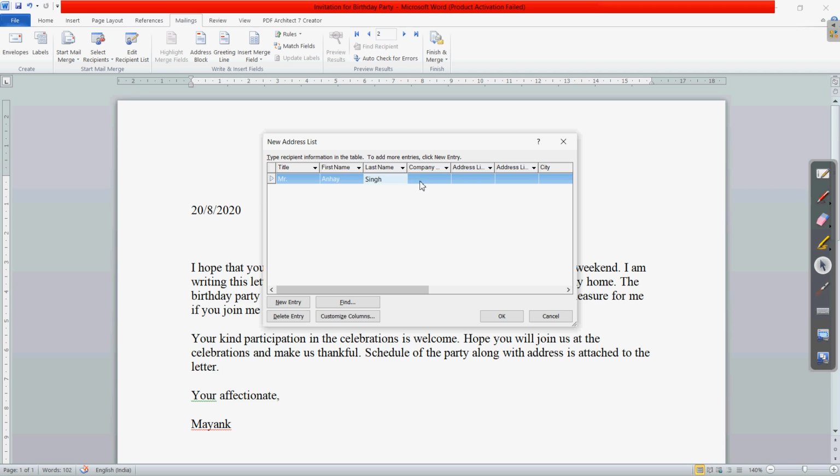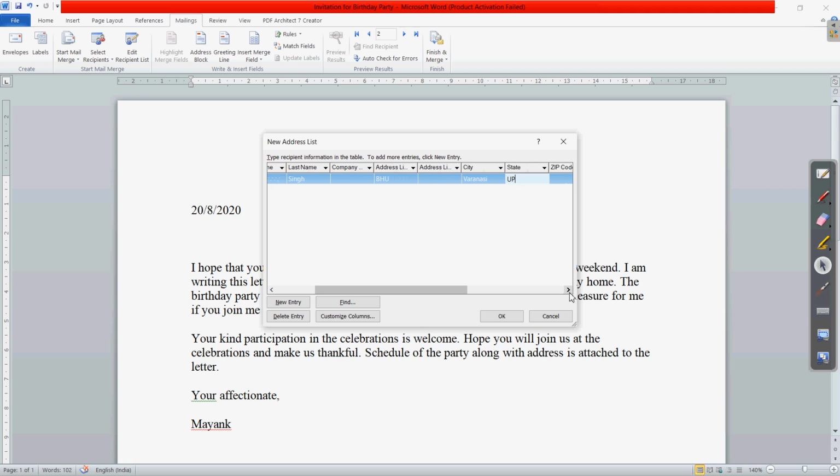If it is a business company, you can write the address as you would for your friends or relatives. Whatever information you have, only that is required to be filled; it is not necessary to fill in every field. In the address list, you can write the name of the place, then if it is more lines, there is address line 1, address line 2, then the name of the city, then state if you want to mention it.